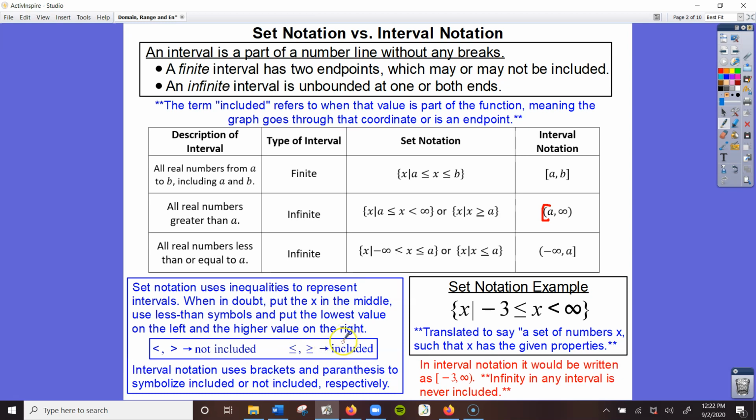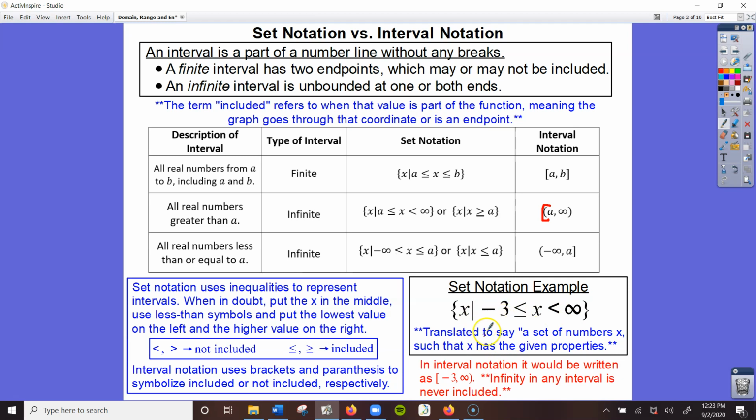Now it's important to note that what we're learning is a language. So all of our notations, even though it looks like a bunch of symbols and numbers, do basically state a sentence. So in this set notation example, this could be read that the domain, which is why I have the variable x, and we put the bar here to symbolize that I am done defining my variable. Now I'm going to tell you the interval for my domain. So this is saying the domain of my function is from -3 until infinity, where -3 is included. So it does translate to